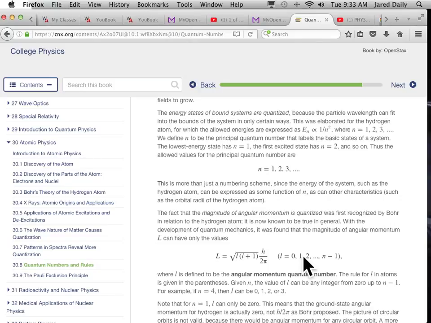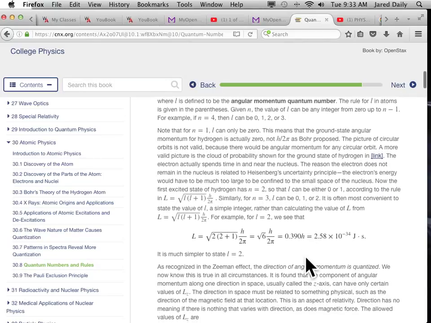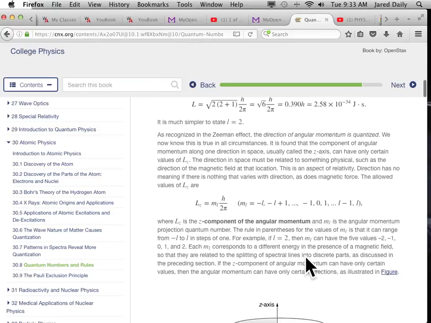And that will determine, the n will determine the energy level, the L will determine your angular momentum in that energy level. Okay? Then, the splitting of those levels, remember we talked about the splitting of those levels, is determined by this quantum number. The splitting is caused by a different aspect of the angular momentum, and we call this the z component of the angular momentum. So it's a component of the angular momentum that is perpendicular to the orbit, if it was in an